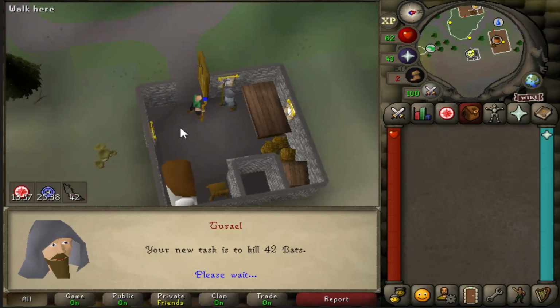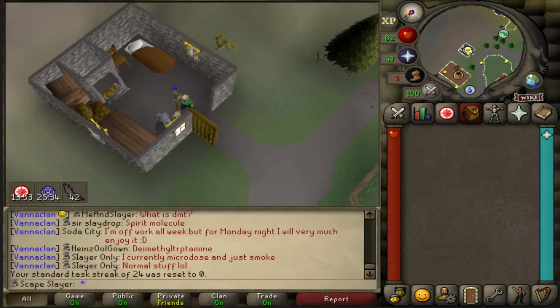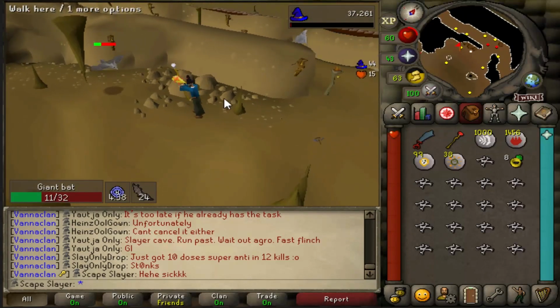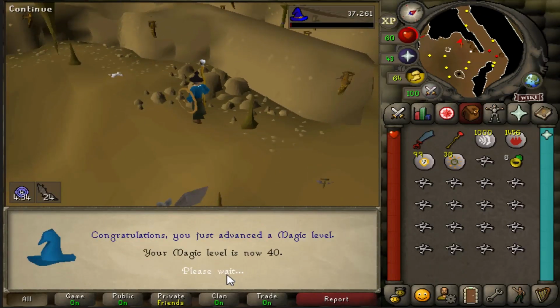42 bats, that is actually a nice one for magic training. I'm gonna go to the higher level bats for once. A very big magic level coming in here. We got level 40, which means we can now equip Mystic, but not just that, we can also teleport to